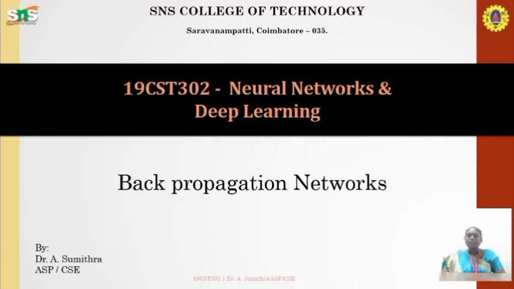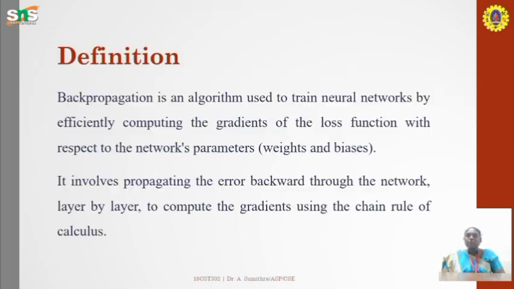I'm Dr. Sumitra from the CSA department, and in today's session we are going to handle the backpropagation network. Backpropagation, short for backward propagation of error, is a fundamental algorithm used to train neural networks. It involves computing the gradient of the loss function with respect to the weights of the network by propagating the error backward through the network. This gradient is then used to update the weights, thereby minimizing the discrepancy between the predicted and the actual